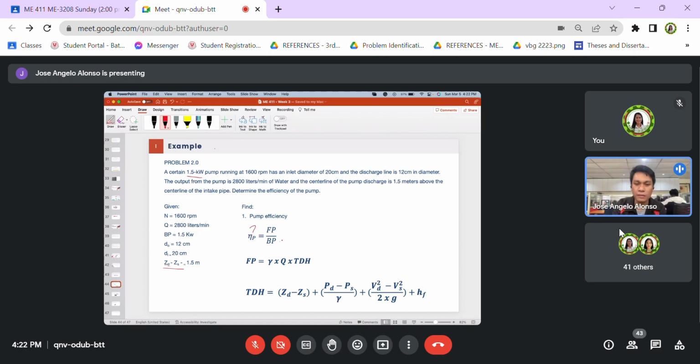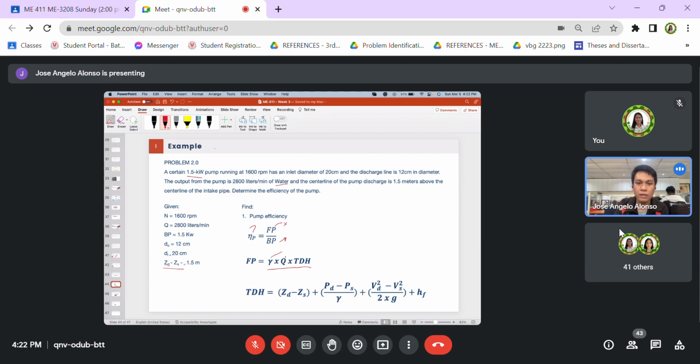We have the brake power. However, wala tayong fluid power. Two unknowns, one equation, so we cannot solve the problem. Then we need to find the value for the fluid power. Fluid power is equivalent to specific weight ng water, given is water again, so that will be 9.81 kilonewton per